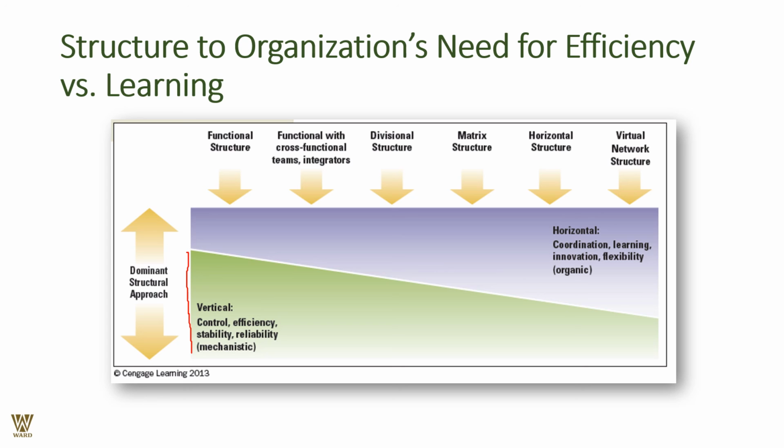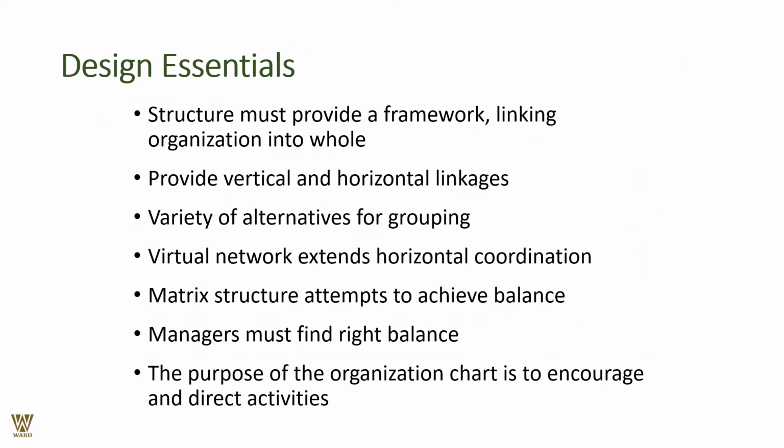Whereas in a horizontal structure, it is all about learning: cross functional, divisional, matrix organization, horizontal structure. So we see a lot of flexibility being given at the equivalent level. You have a lot of flexibility in a horizontal organization, which might be missing in a vertical organization. A vertical organization might be very rigid per se.